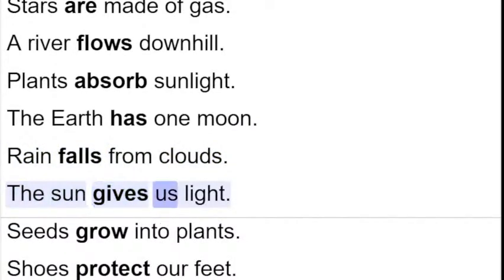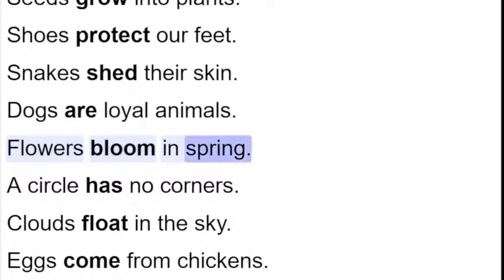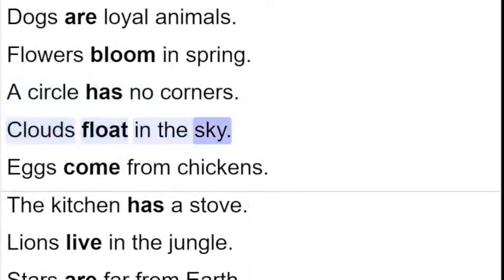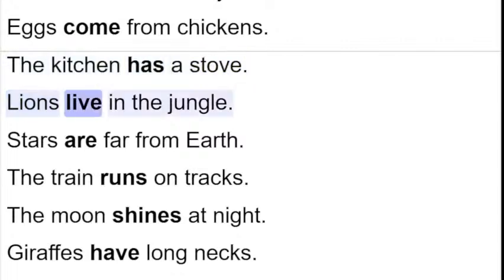has 1 moon, rain falls from clouds, the sun gives us light, seeds grow into plants, shoes protect our feet, snakes shed their skin, dogs are loyal animals, flowers bloom in spring, a circle has no corners, clouds float in the sky, eggs come from chickens, the kitchen has a stove, lions live in the jungle, stars are far from